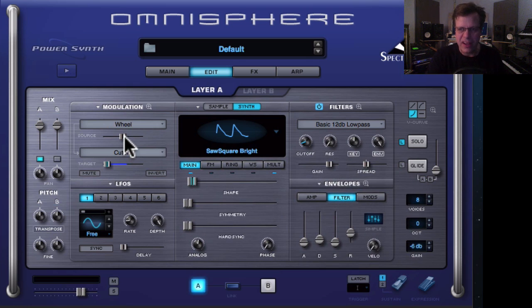And by default, anytime you select anything, the way to think of these is target is the value, the current value. Source is strength. So they use different words. They say source, and to me it's strength. This is the strength of the control to this, and I want the strength to the wheel to be max. And as you can see, it brings up the wheel control all the way. So now as I play,